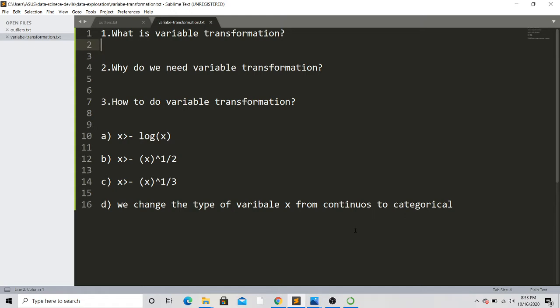Let's understand this with an example. Let's say my input variable is age, and age is a continuous variable as it can take any value from 0, and the maximum value will depend on the health of the person.